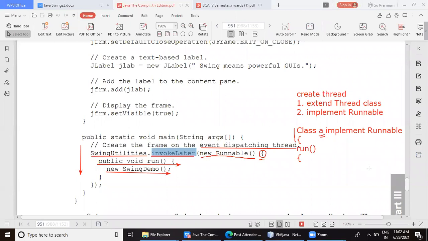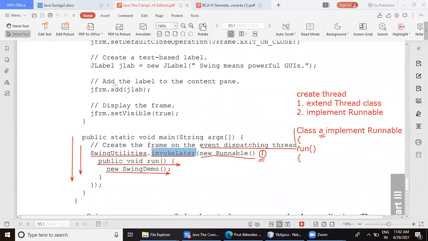Yes, clear? Now remember this part of the main method, that is creation of the event dispatching thread and anonymous inner class, you have to fit in your brains, because most of the programs in this chapter, all main methods have the same format.